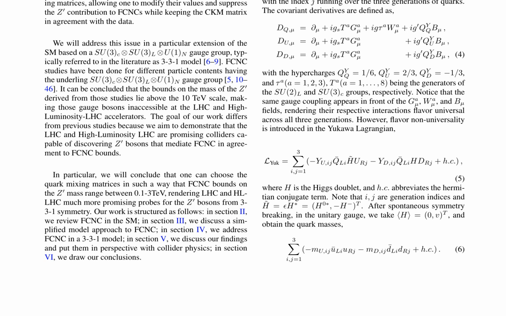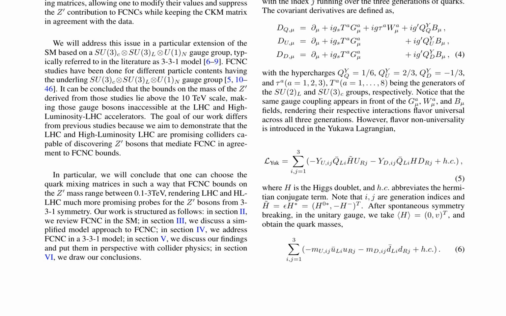The 331 model provides a framework for understanding FCNC processes, which deviate from the SM predictions. The authors aim to demonstrate the potential of the LHC and High Luminosity LHC in probing FCNC processes, emphasizing the importance of quark mixing matrices in accessing these bounds. This work highlights the significance of the 331 model in extending our understanding of FCNC and the potential for discovery